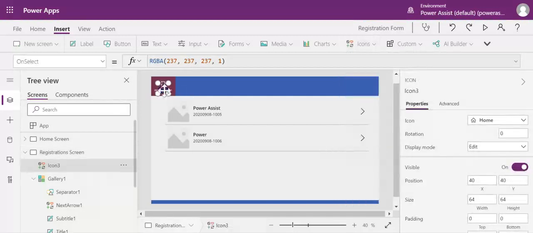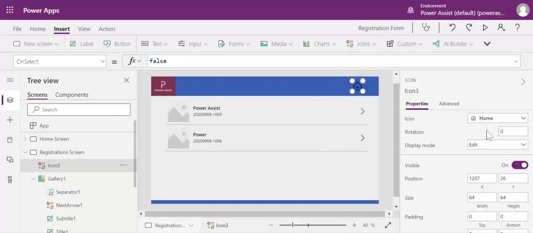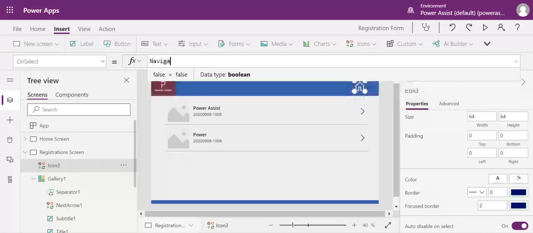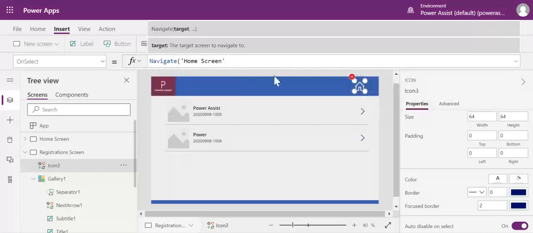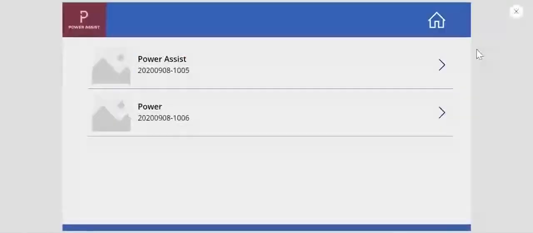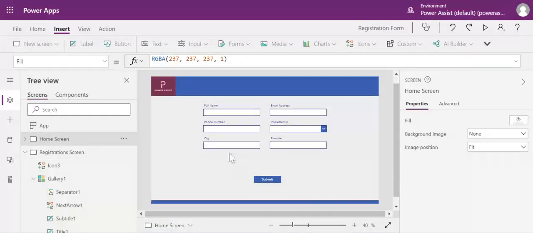Now let us add a home button to navigate the user to the home screen. In a similar way, we are going to redirect the user to the home screen and we are choosing Navigate. Since we haven't come to this screen from the success screen where we reset the form, it is still showing that. So in order to fix this, we will write this on visible.